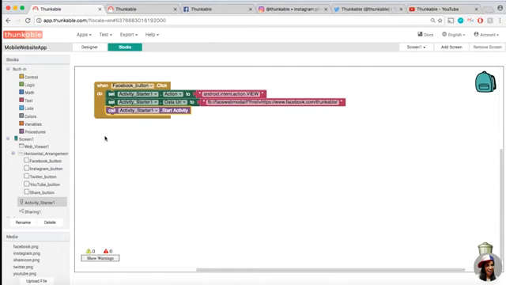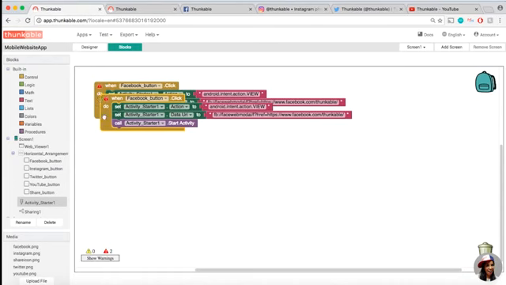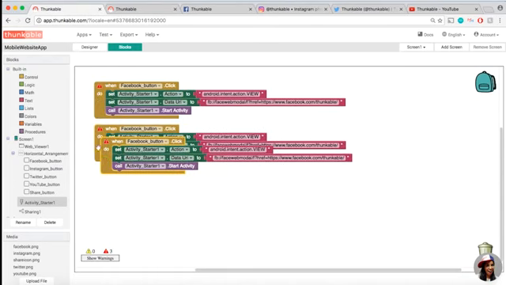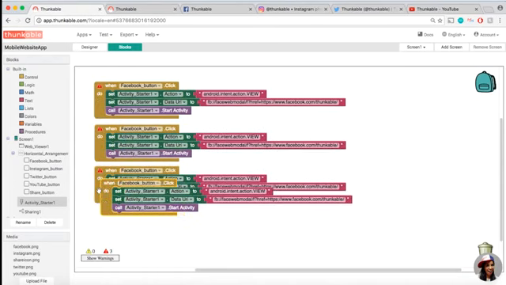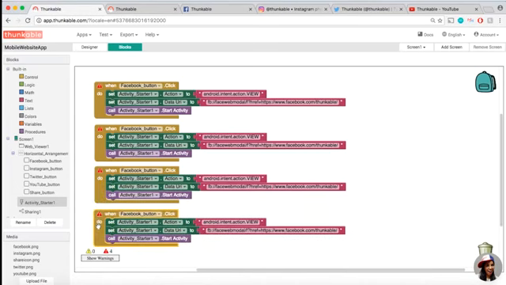So now what I'm going to do is I'm going to copy and paste this 4 times for each of my other social media components, okay? And I'm going to change this to the Instagram button. I'm going to change the next one to the Twitter button, and I'm going to change the next one to the YouTube button. So for all of these, I'm going to keep the first line the same, set activity starter.action